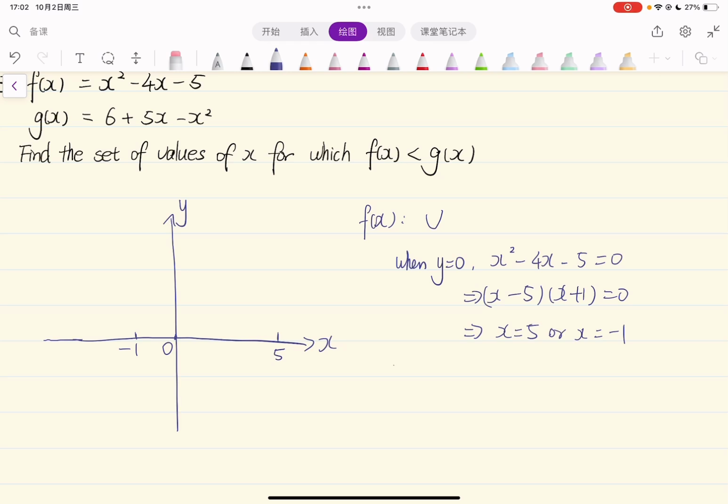And when x equals 0, what do we have? We have y equals minus 5. So it crosses at (0, minus 5), maybe here. We have a sketch of f(x), which looks like,